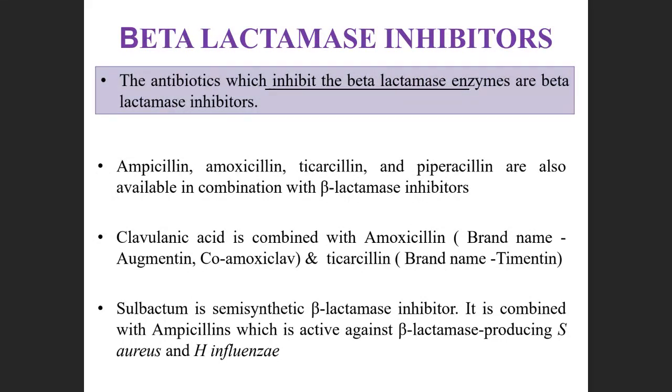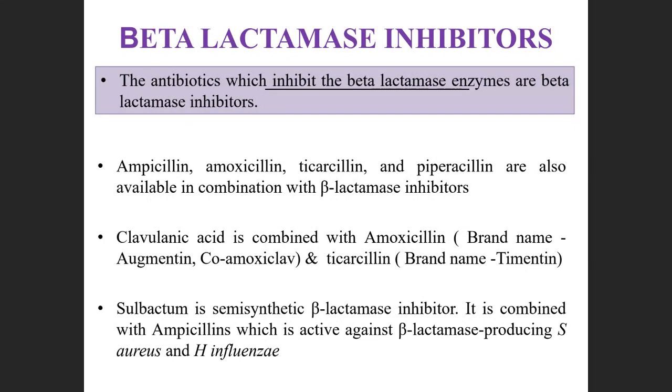Amoxicillin, ampicillin, ticarcillin, and piperacillin are also available in combination with beta-lactamase inhibitors. So there can be a combination available for all these drugs, meaning a combination with sulbactam, tazobactam, or clavulanate potassium. Clavulanic acid is combined with amoxicillin under the brand name Augmentin, and with ticarcillin under the brand name